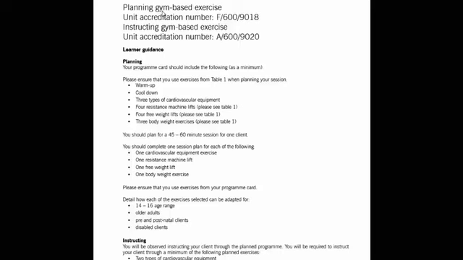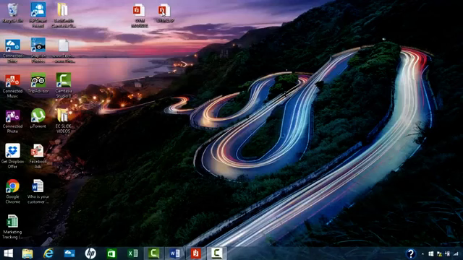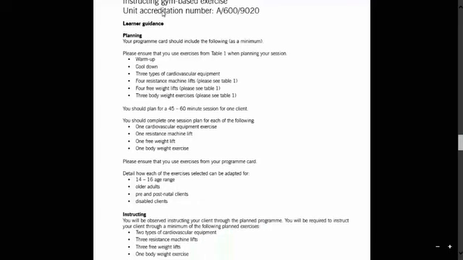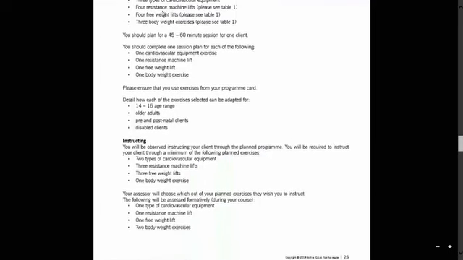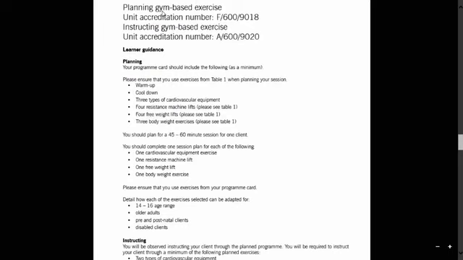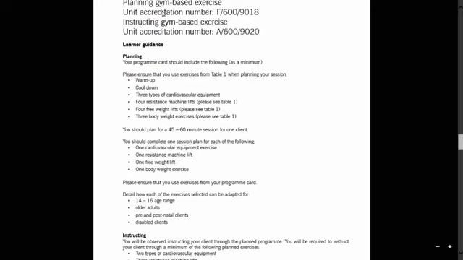And before we get cracking, I want to have a little look at this sheet here that's on the screen, and this is page number 25, okay? And this page really tells us what we need to be looking to do with our planning. So we're going to read through it together, or I'm going to dictate it out, and then we should have an idea of what we're looking to achieve. And then we'll go through the lab and I'll show you exactly how to fill in each box and give you an idea of what needs to go where.